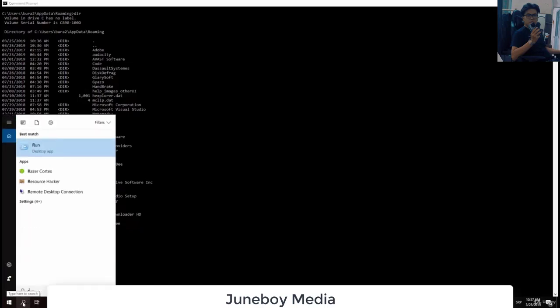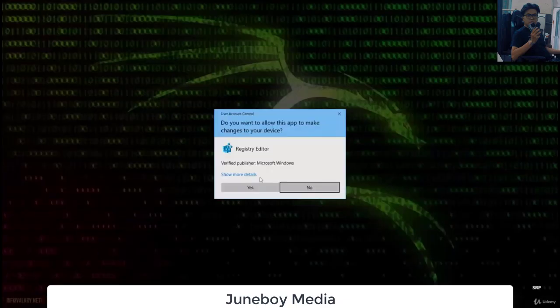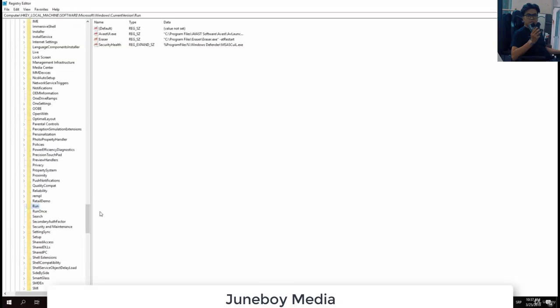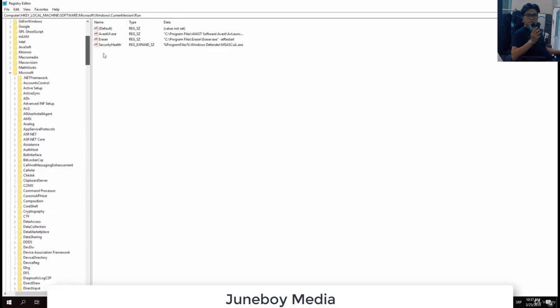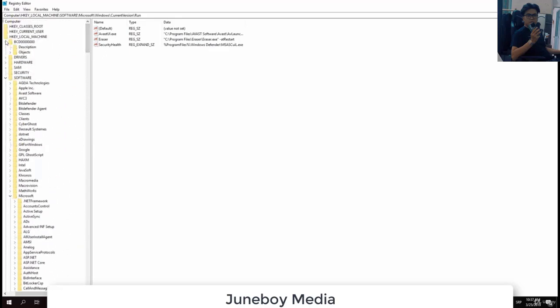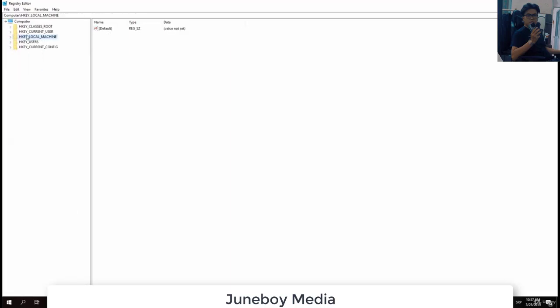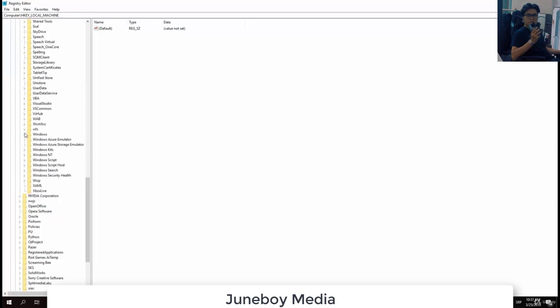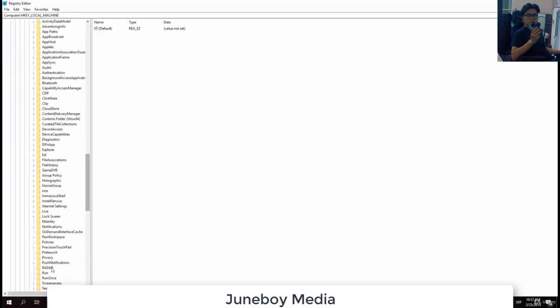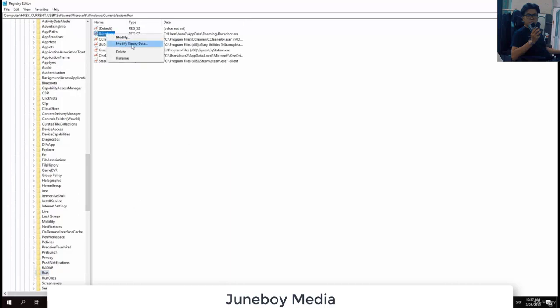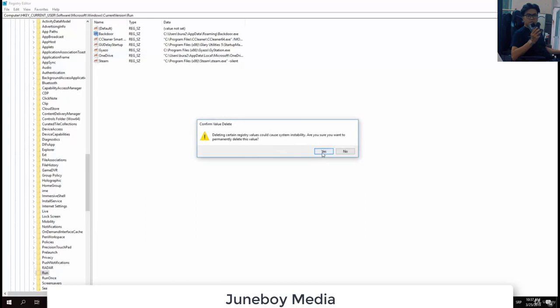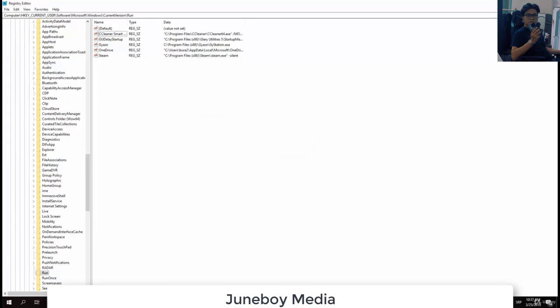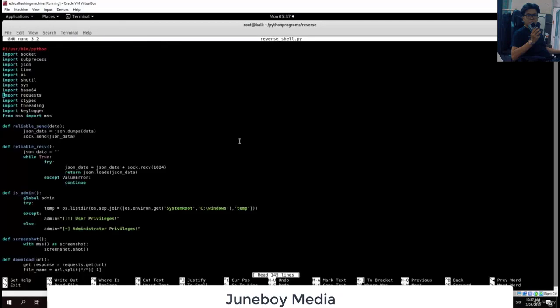And let's also delete the registry. So go to regedit, administrator password. We want to go to the current user, then the software, we find Microsoft. Right here we find Windows, current version, and then run, which is right here. We delete our backdoor, delete it. Are you sure you want to permanently delete this value? Yes, and right now, before we actually run our backdoor, we want to actually make a few changes so this